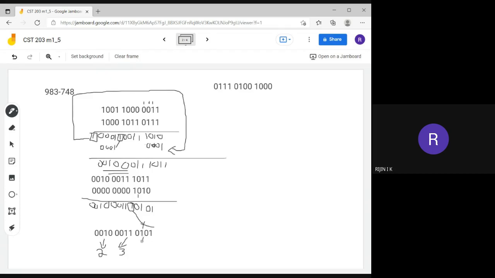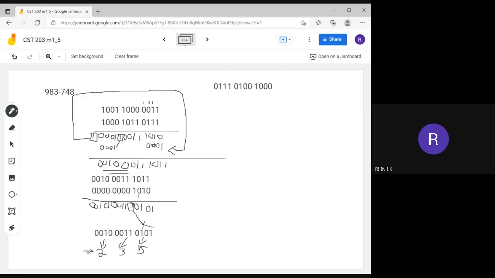Then 0 1 0 1 is 5. So this is the result, that is 983 minus 748 means 235. Okay, so this is the result.